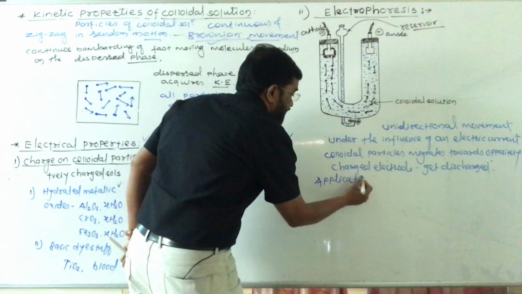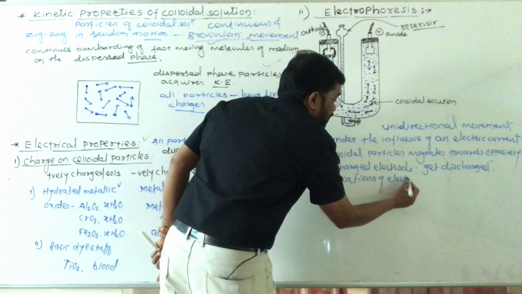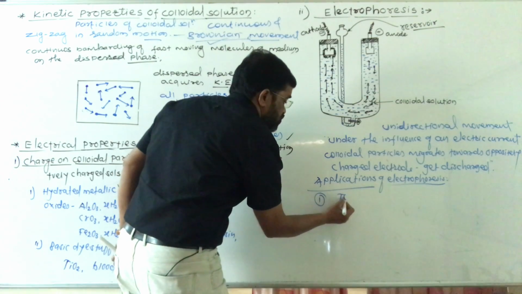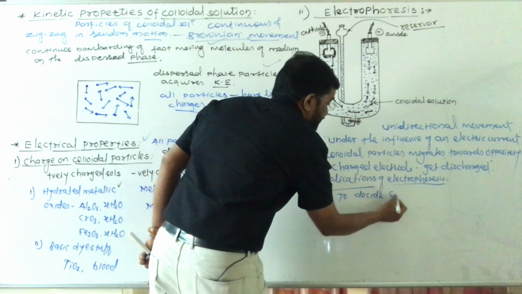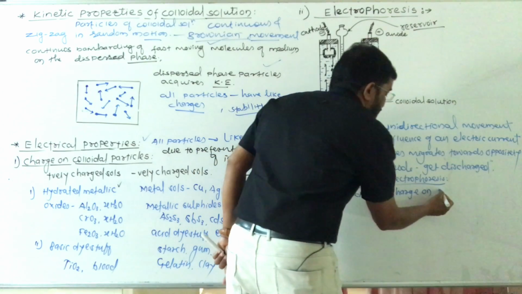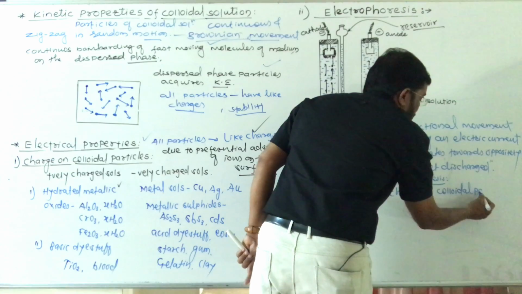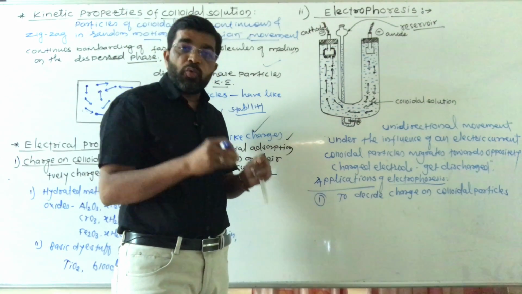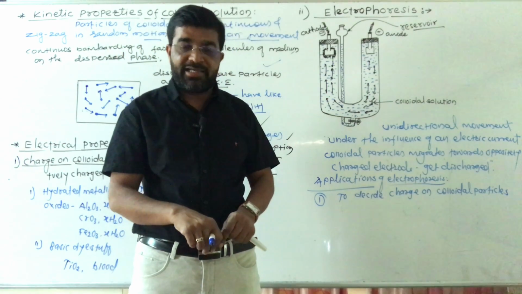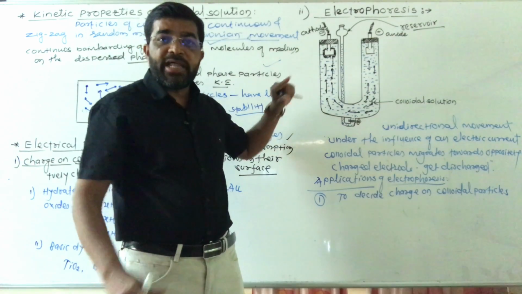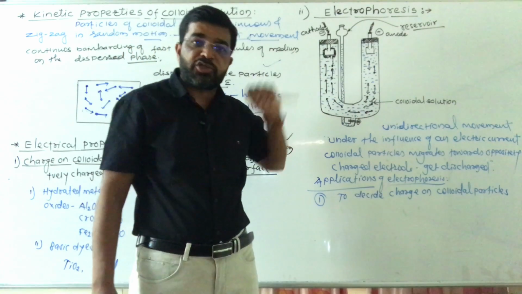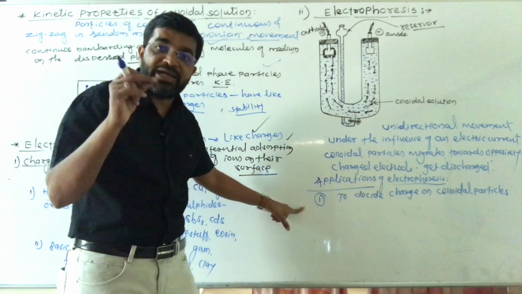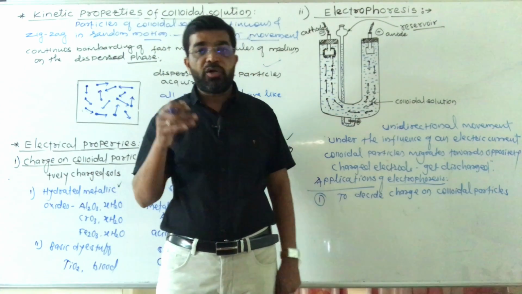Significance of applications of electrophoresis. The first one is to find the charge on colloidal particles. This process is useful to decide which charge is present on the colloidal particles in the solution. That is, if particles migrate towards the negatively charged electrode, they have a positive charge, and if particles migrate towards the positively charged electrode, they have a negative charge. Therefore, to determine what the charge on the colloidal particle is,